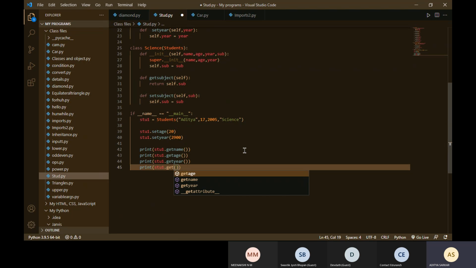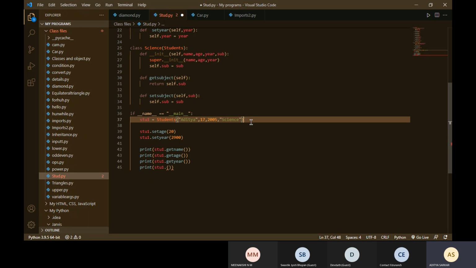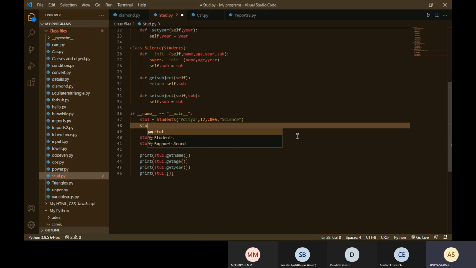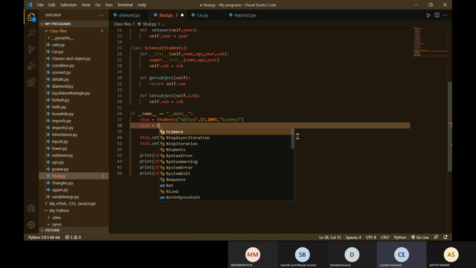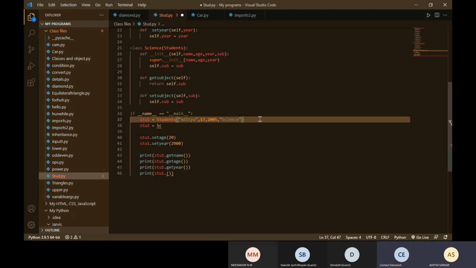No, not yet. Get subject. You have created students. You have to create a science student object. Yeah, I haven't created the object of that. One minute. We'll create one more student. But for student, you don't have the science variable; student won't take that argument.